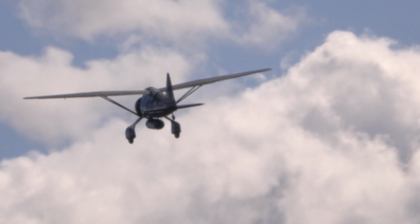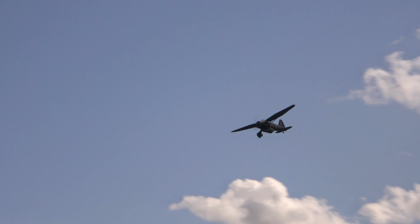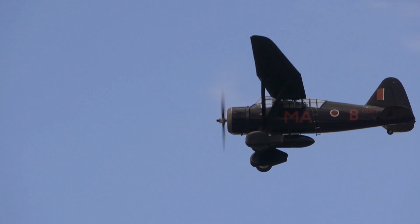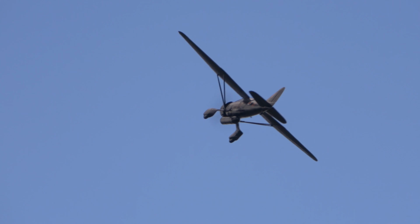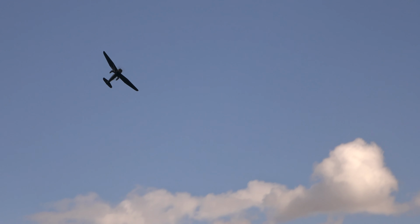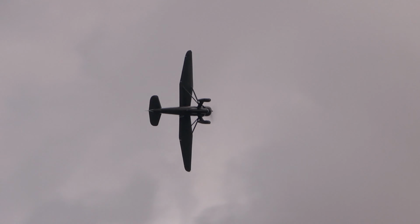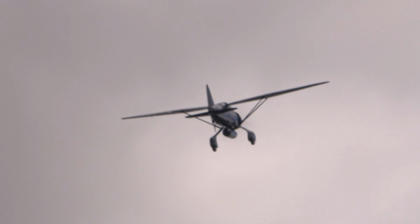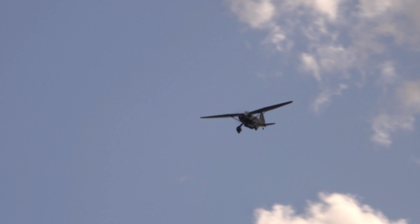Union, the Polikarpov PO2. Lysander, much later design, this particular one, but the timing of female pilots and ground crews. Their role was really to harass the Germans on the Eastern Front, and they very quickly